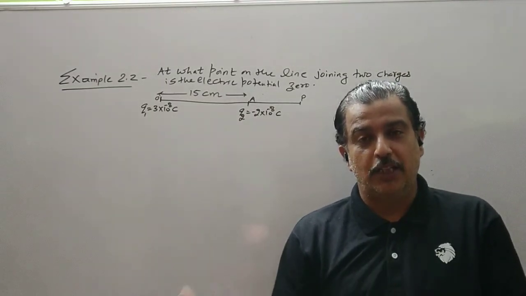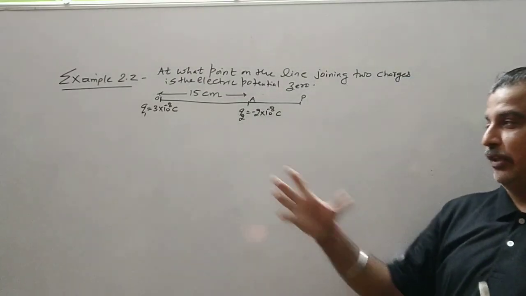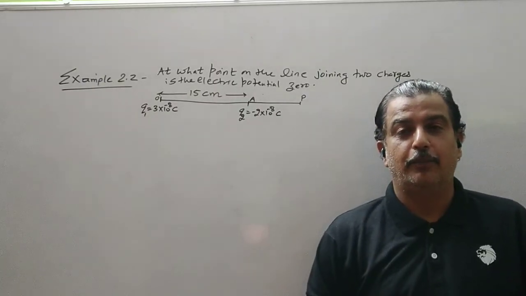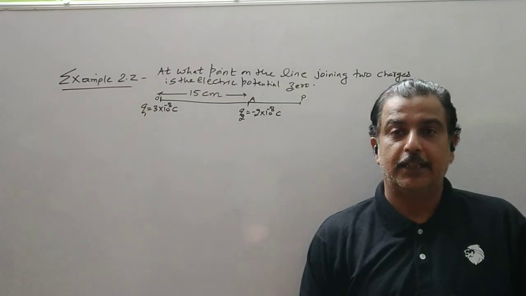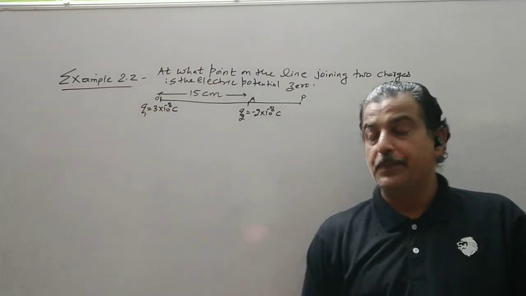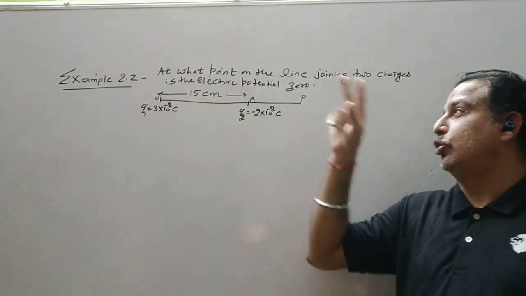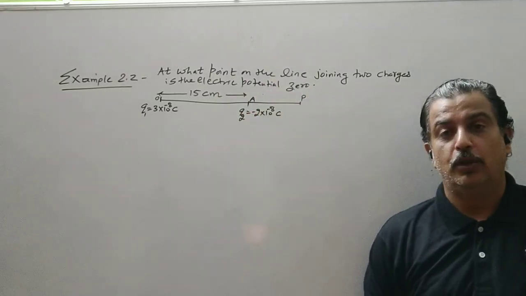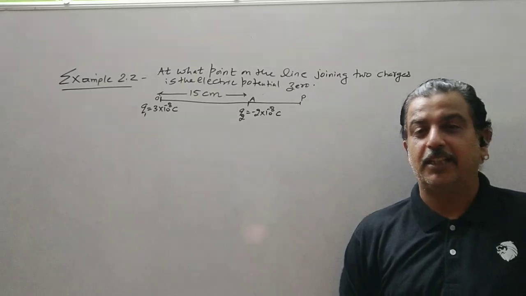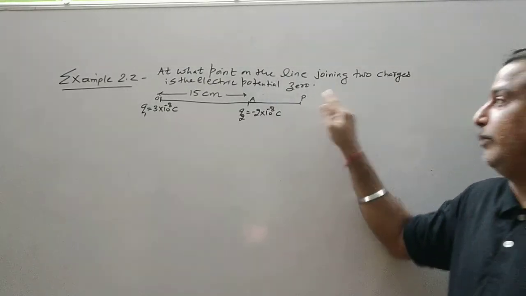So if the potential is constant, then also we have an electric field to be 0, as we have seen in the spherical shell. Inside this spherical shell, the potential was constant, that is same as that of the surface, but the electric field was 0. So here, you will always get 2 points for a potential to be 0. One point will be a point where electric field intensity is 0. So let us assume the electric field intensity is 0 at point P.